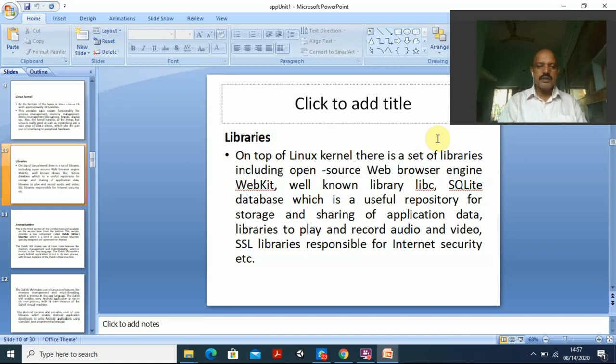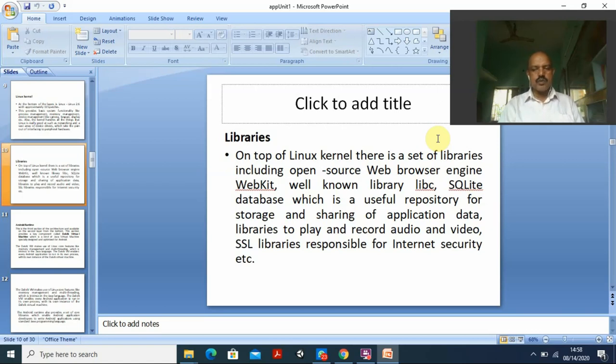And on top of this we go to the second layer, that is the libraries. On top of the Linux kernel there is a set of libraries including open source web browser engines like WebKit. I already told you about WebKit, and it is a well-known library like libc, and then the SQLite database, which is a useful repository for storage and sharing of application data.